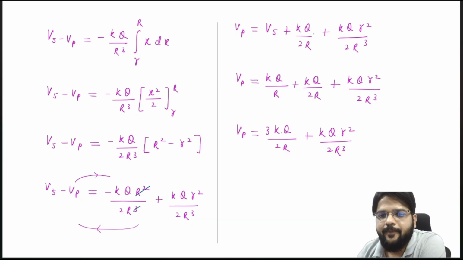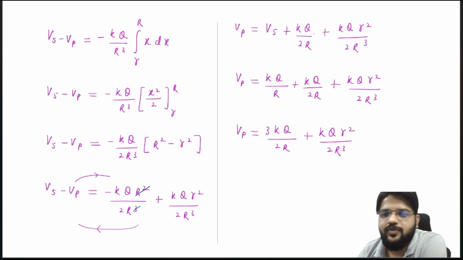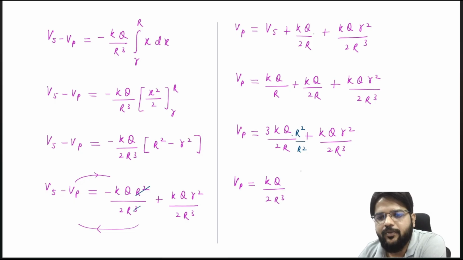Correct. Now do one thing. If I multiply with R square and divide with R square, then what we will get? So we have KQ R square by 2RQ, correct? And now what I will do here, KQ by 2RQ, take common from both the terms. So we have 3R square and